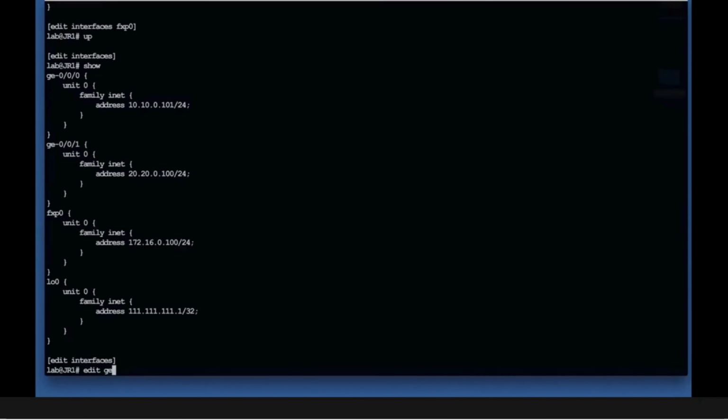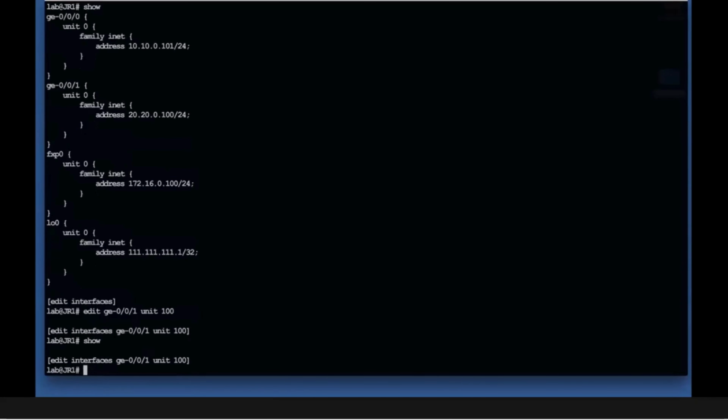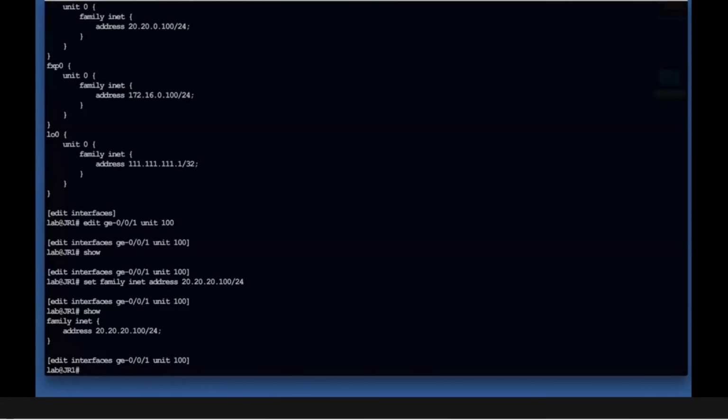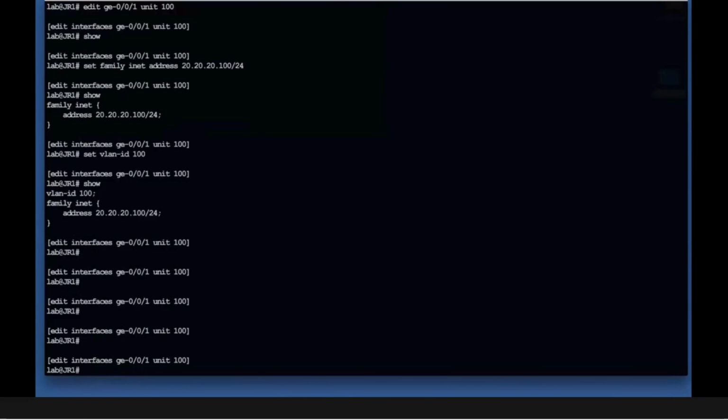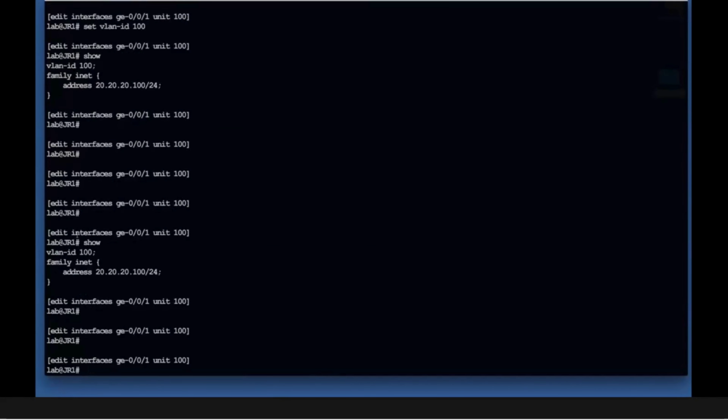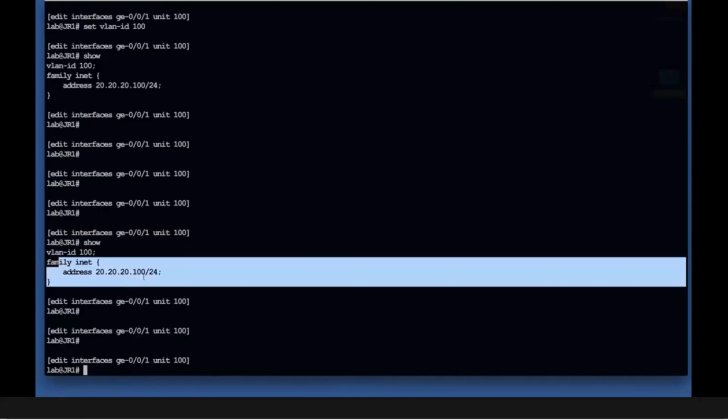Edit down into, I don't know, let's say G1. Let's create a new unit 100 there. So nothing configured. Let's address, and I don't know. All right, so within that interface GE001 unit 100, I've added a VLAN ID, I've added a new unit, and